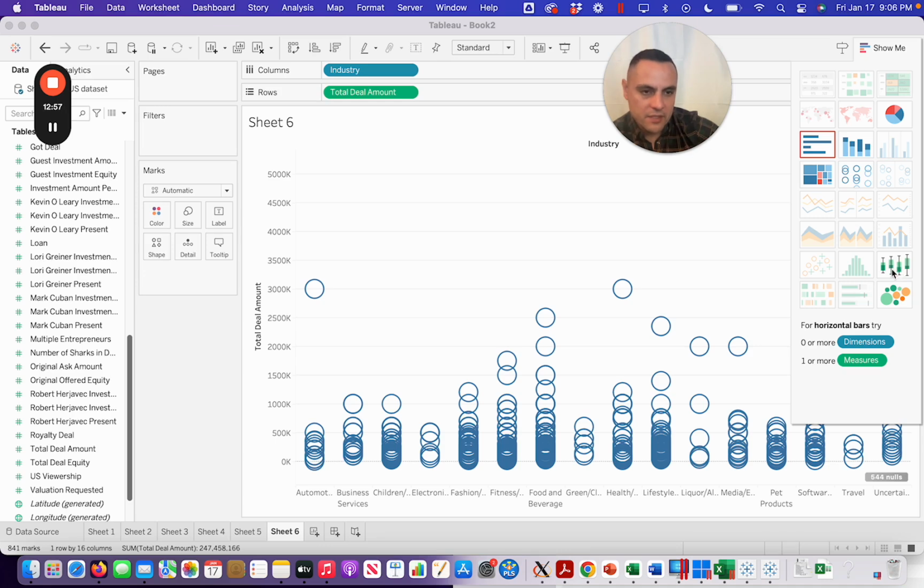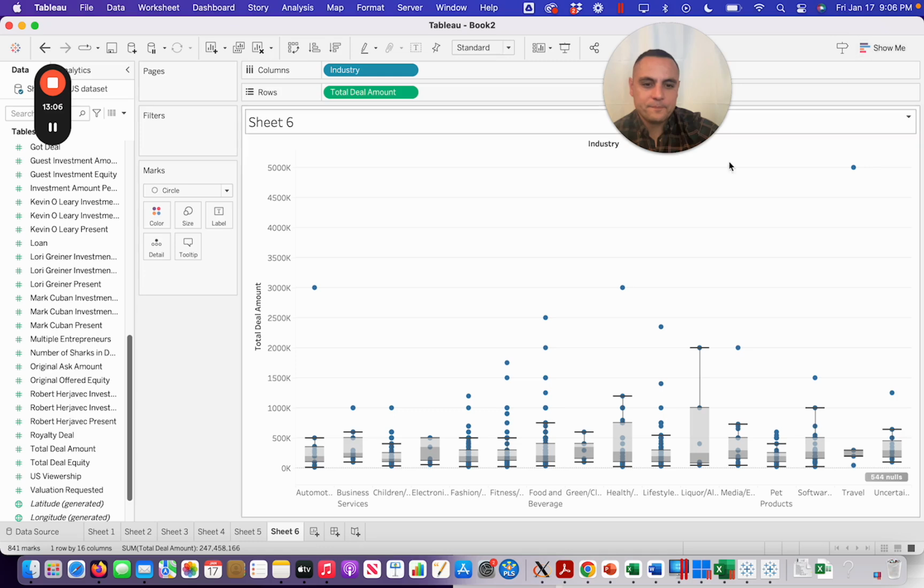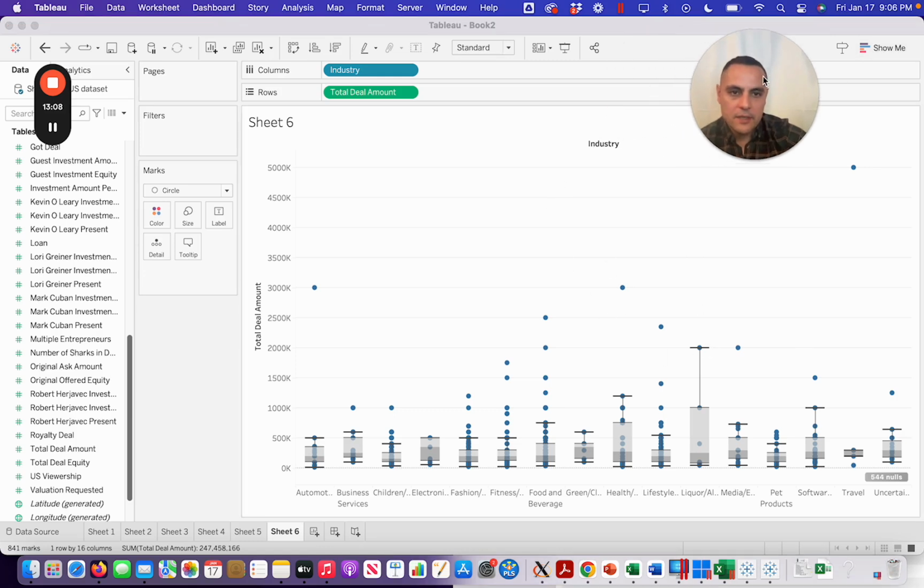And in fact, there's actually this bar plot, or sorry, this box and whisker plot, and you can see that when I look at that box and whisker plot, it actually shows me some statistics by industry, right? It shows me visually some statistics by industry. It actually shows me some outliers too, right? So these are very large deals that were done in certain categories, and you can see there's one for travel